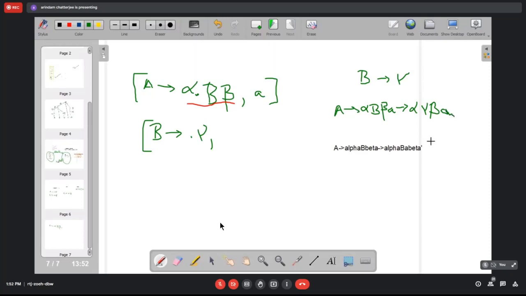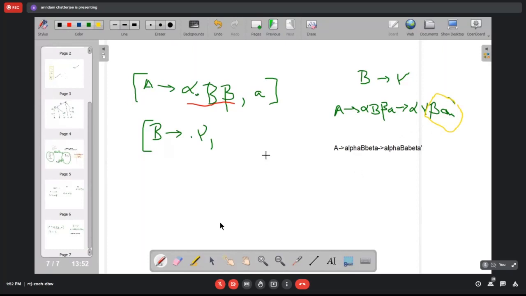So this is what we are expecting: alpha B beta A, alpha gamma beta A. Okay. So that means this beta A is vital. This beta A will give me what can logically follow gamma.